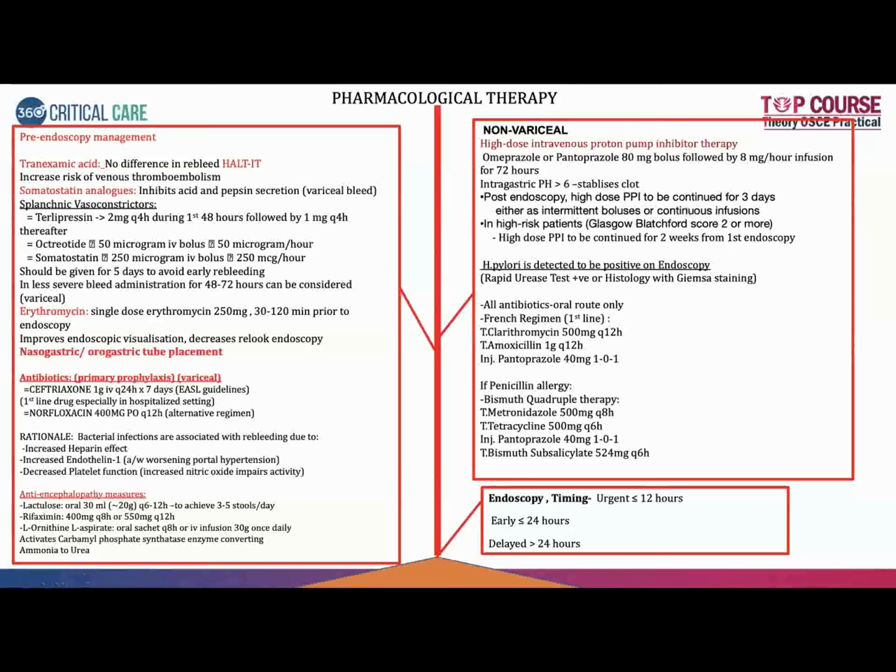In patients who are high risk, that is Glasgow Blatchford score more than 2, it should be continued for 2 weeks ideally,